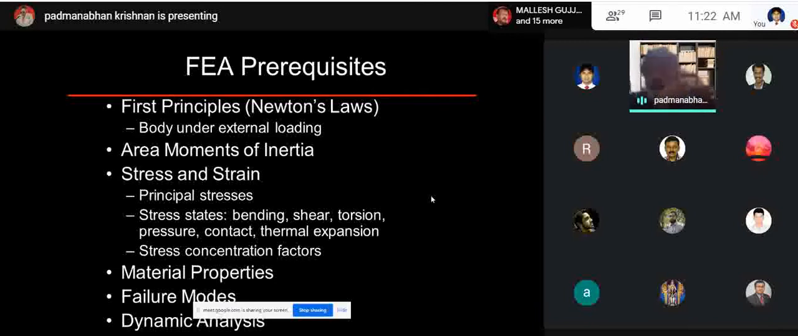And then you understand area moments of inertia, especially in beam equations. And then stresses and strains and stress concentration factors, principal shear stresses. Stresses in states, then bending, shear, torsion, pressure, contact, thermal expansion. So these are all the prerequisites. You must have a thorough understanding of these things. Plus,